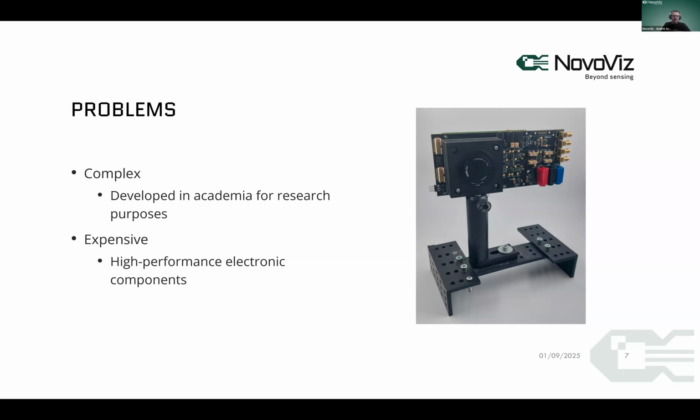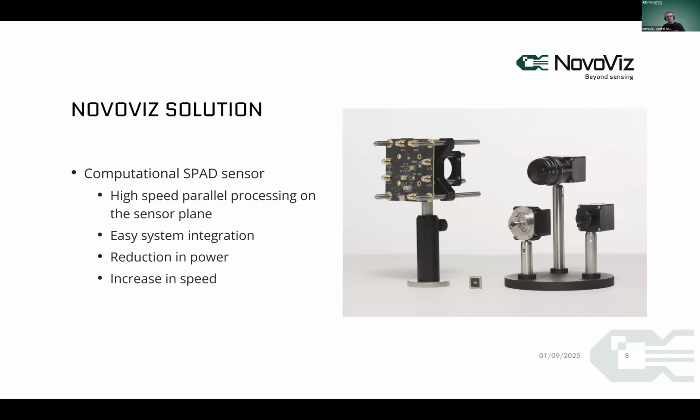So that's where we come into play with our computational SPAD sensor. By computational, we mean that we've integrated pre-processing electronics into the same sensor, right? And edge computing, if you want, where we process this raw data from the pixels directly on the device and extract the relevant information, thereby reducing the burden on the system, allowing it to be easier to integrate, and reducing the power, because even now the majority of the power consumption from these cameras comes from the IOs that toggle at these very high data rates. And by pre-processing in parallel on the device, this allows us to have a significant increase in speed,